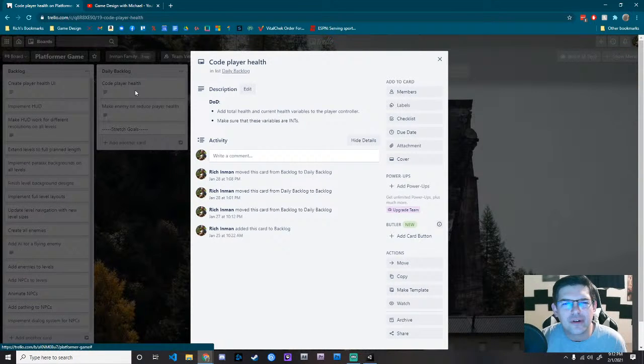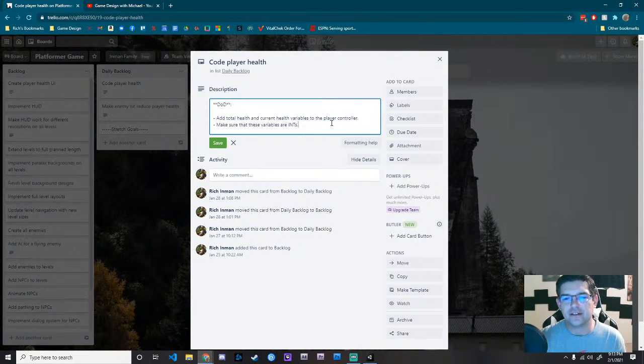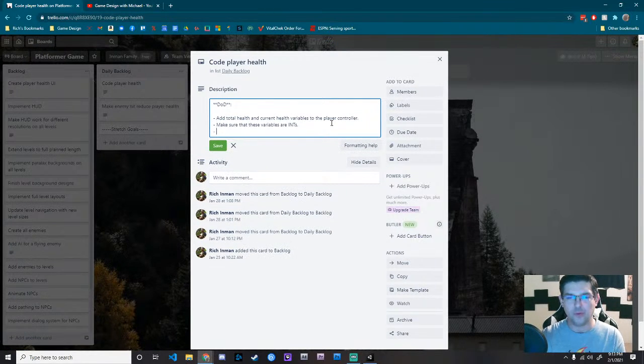So add total health and current health variables to the player controller. Okay. Make sure that these variables are ints. I mean, that's pretty easy. Although I am going to add something because I did take a look at the way that I had coded player death currently. I think what I'm going to do is add something here that says move the current code for player death into the character